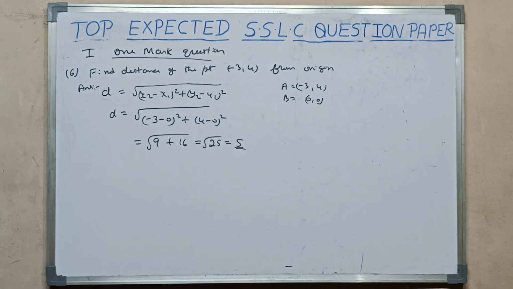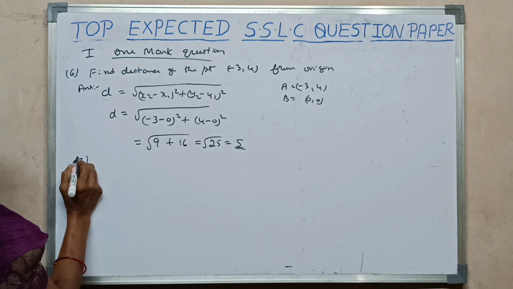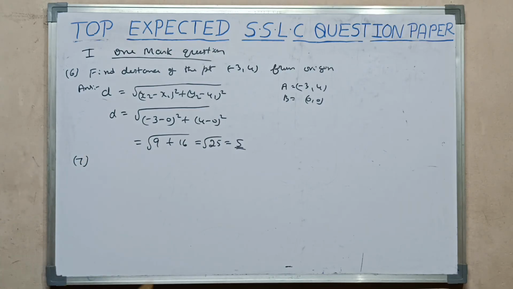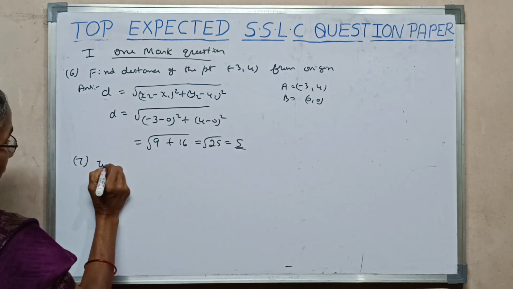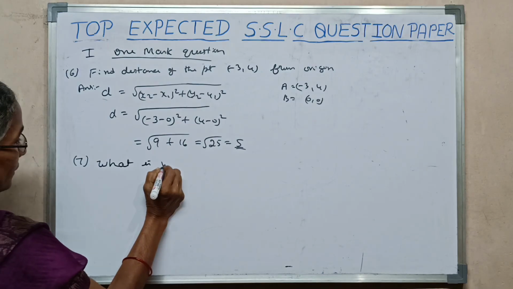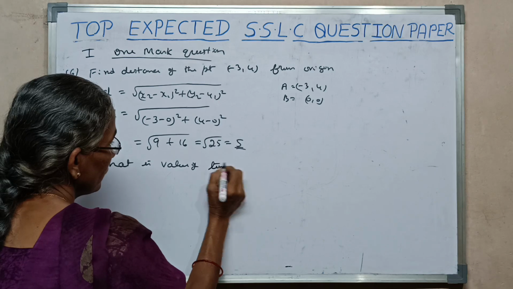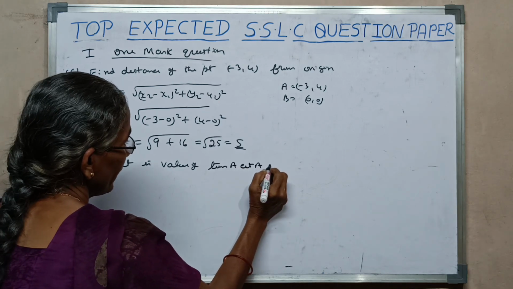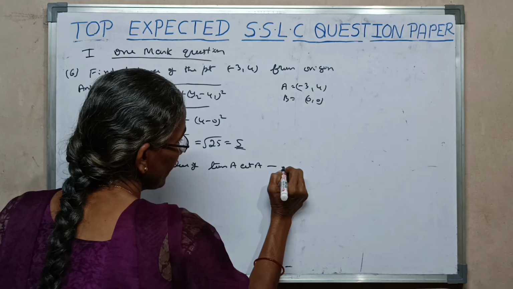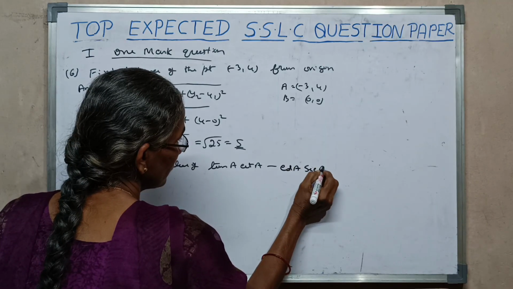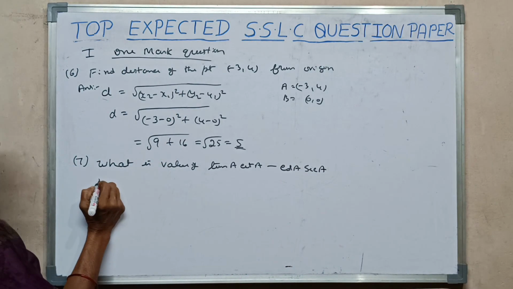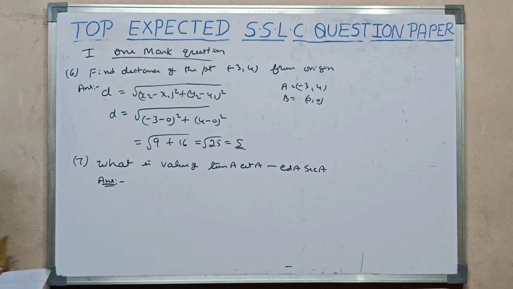Next, 7th question. What is the value of tan A cot A minus cos A secant A? What is the value of tan A cot A minus cos A secant A? Here answer is